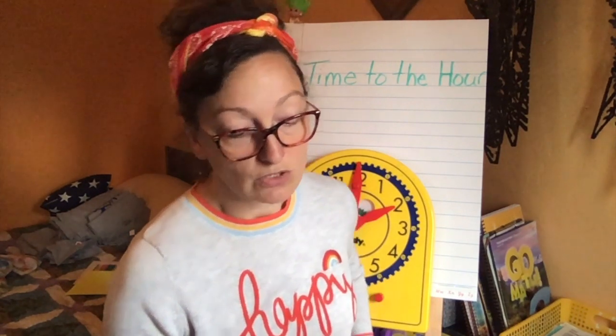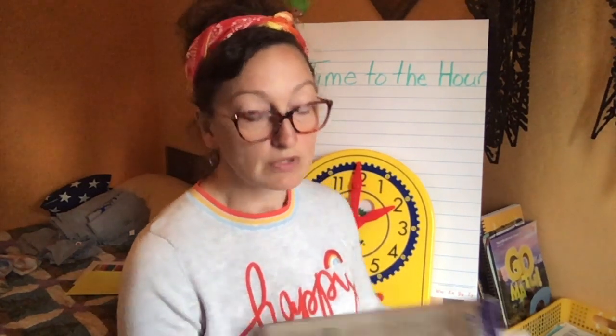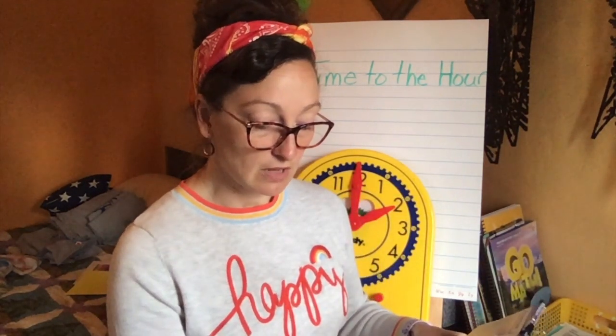So I want you to look at page 543 in your math book, and it wants you to write the unknown numbers. So you have a number line and you have a clock face, and it's going to have you write the unknown numbers on that, okay? So the numbers on the clock face are in order, and you move along them just like you would in a number line. Okay, so I'll have you do that one.